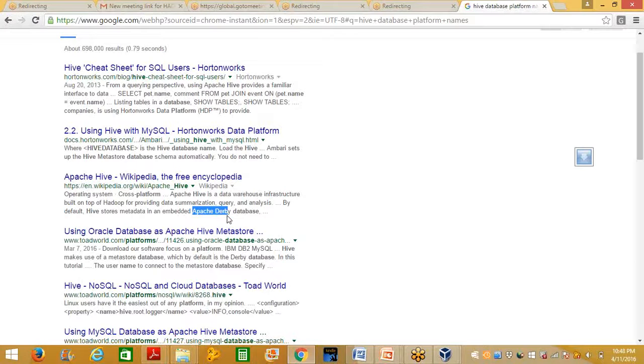And what is this metastore here? I told you, Hive chooses respective database servers, be it MySQL. There is one more thing called